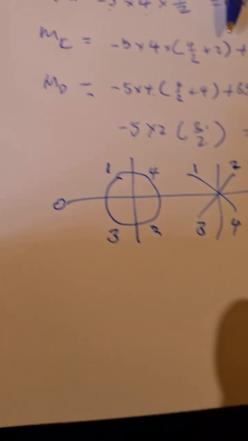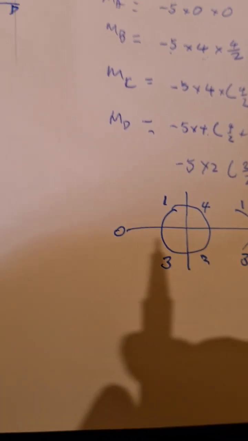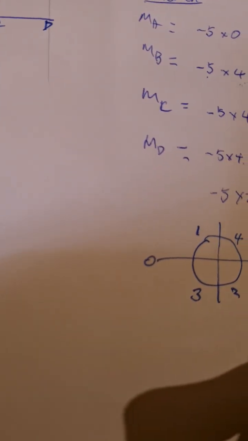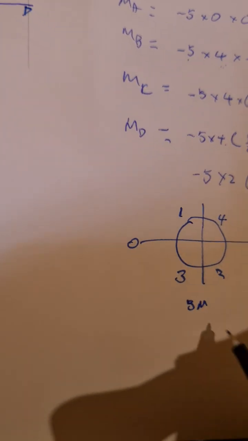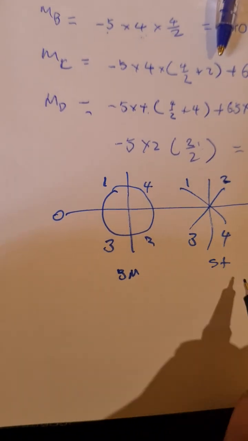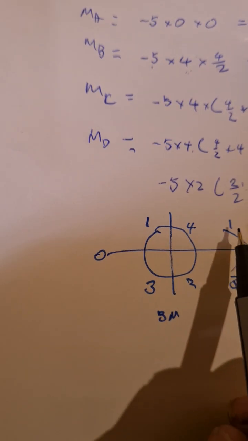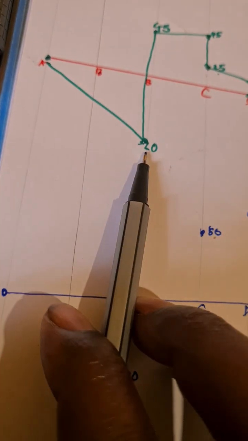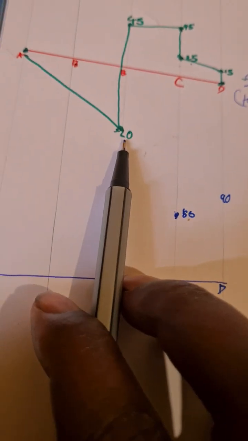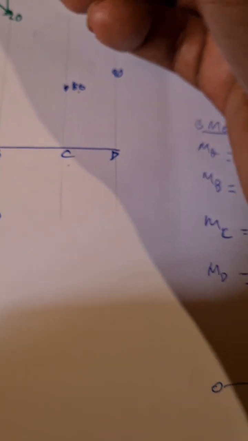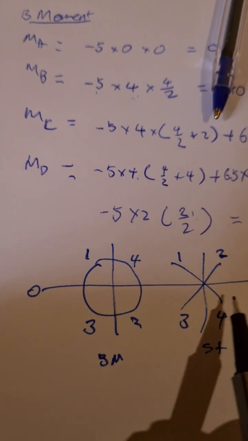Every time you have a UTL in your graph, you check. This is a shear force. This is a bending. So you check. You see, yes, we have A up until B, which is a straight line, and you check it's negative. So it's below 0. This is a 0 line. This is a 0 line. So here,